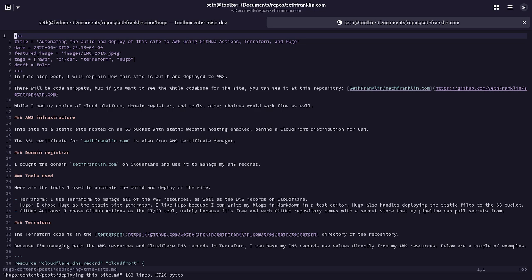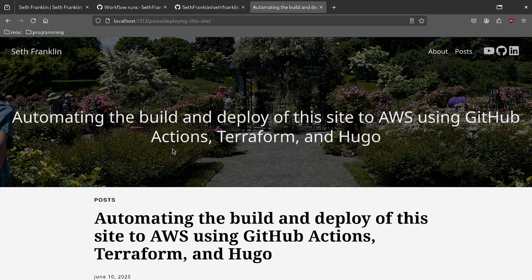And then you can build the site with this theme, and then it'll build this HTML, CSS, what have you, static files to actually deploy to S3. So that's Hugo, and then I'm also using GitHub Actions as the CI/CD pipeline, so it'll actually do the Terraform runs, make sure the infrastructure is correct, and then do the Hugo build and deploy to the S3 bucket. So the ultimate effect is,